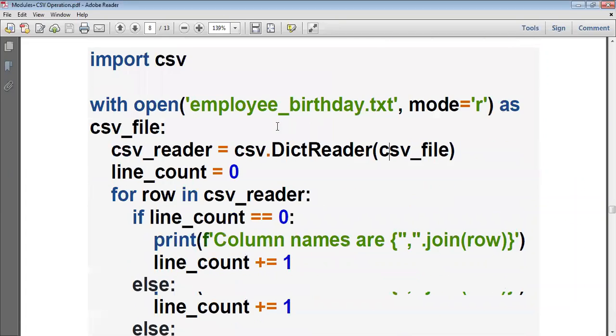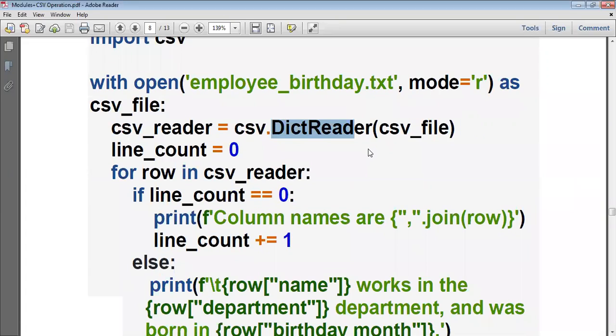But here we are reading the entire row into the dictionary. Each and every row is read in the form of a dictionary and stored in some other variable. Using this variable, we access each and every row in the form of key value pairs.